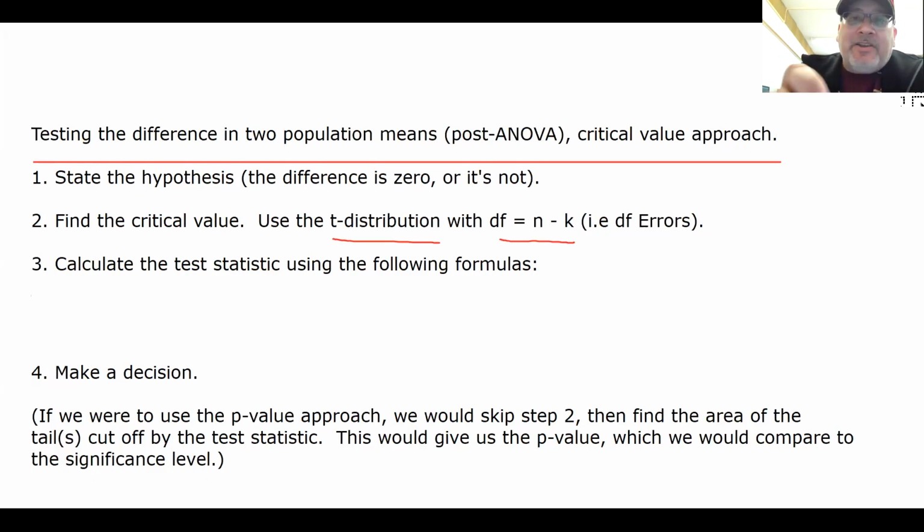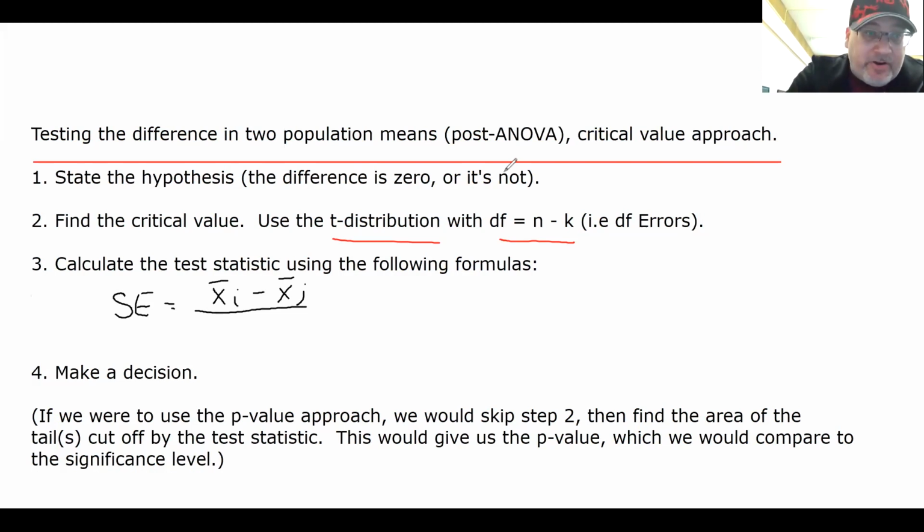All right, and then we have to calculate the test statistic, but to do that, we need a formula. Well, the formula for the test statistic is pretty much the same as it was back in Stats 1, or in the review at the beginning of the semester. We start by calculating the difference in the two sample means, so x bar I minus x bar j. And then we divide that by some